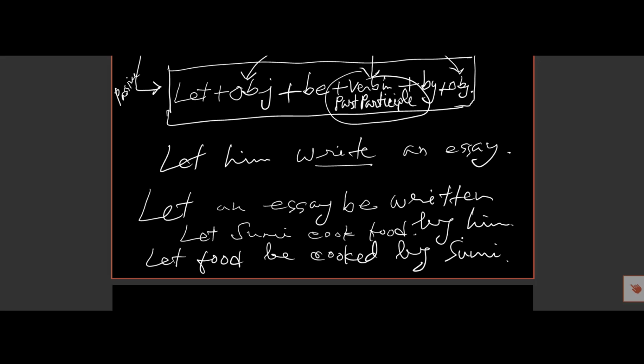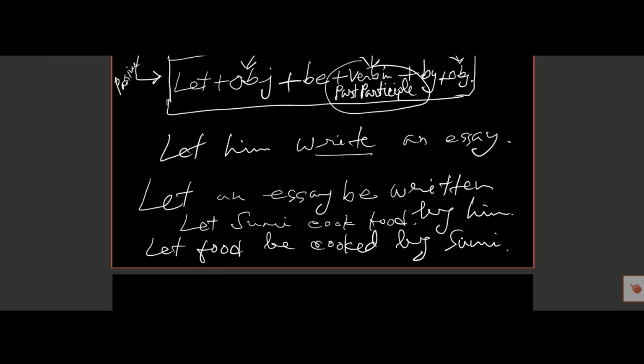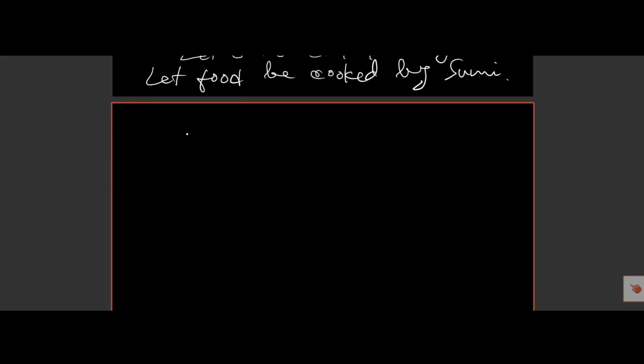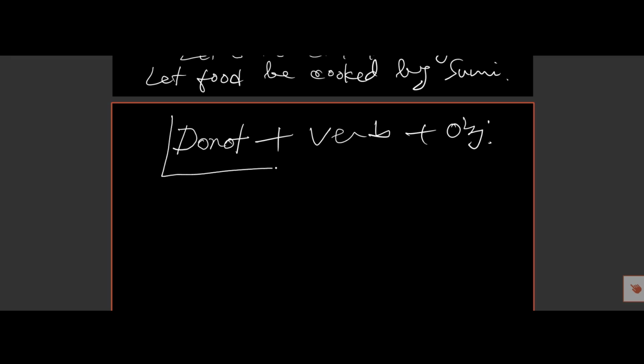This is the example of imperative mood, and there are some other imperative sentence structures. If the sentence begins with do not, then verb plus object. We must know this is an imperative sentence, imperative mood, and it is active voice. So in that case, the passive